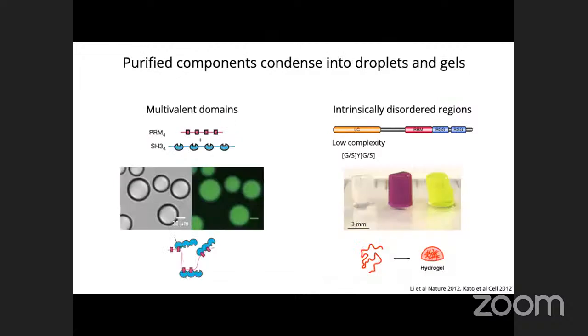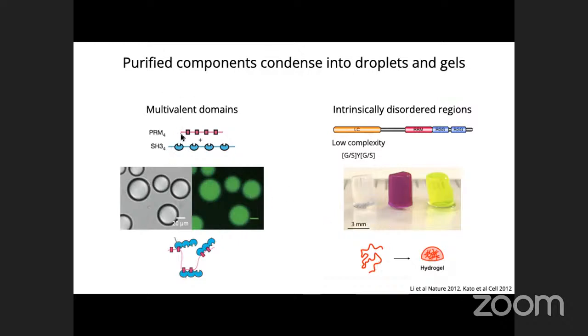Okay, so what we observe is that if you take these protein molecules, which are normally found in the cell inside these membraneless organelles, and we purify them and have them in a test tube, then they form these big, beautiful spherical droplets, or they form these kind of like jello, solid hydrogel things. And so basically what you can think about is